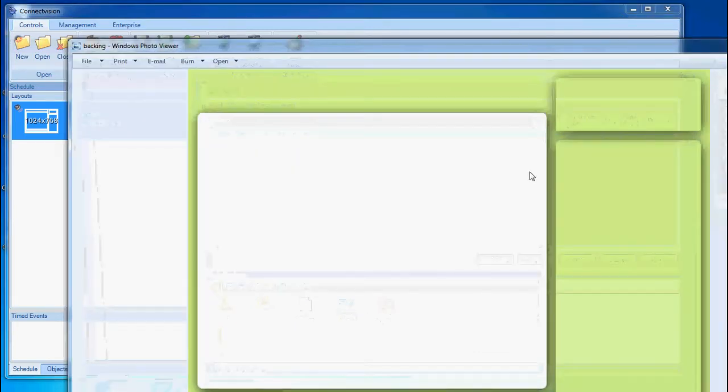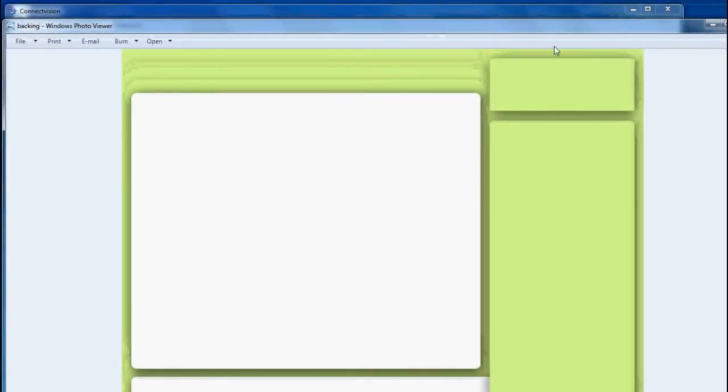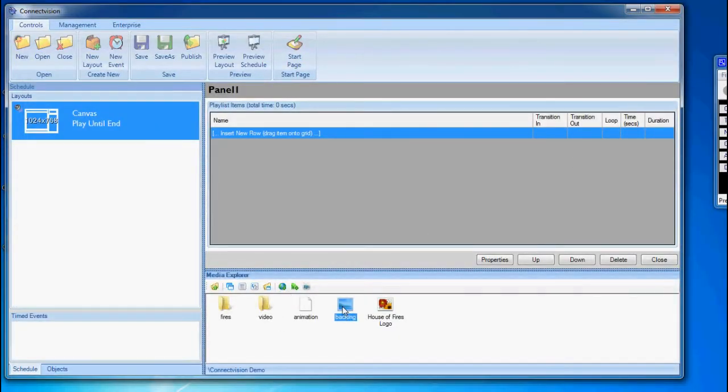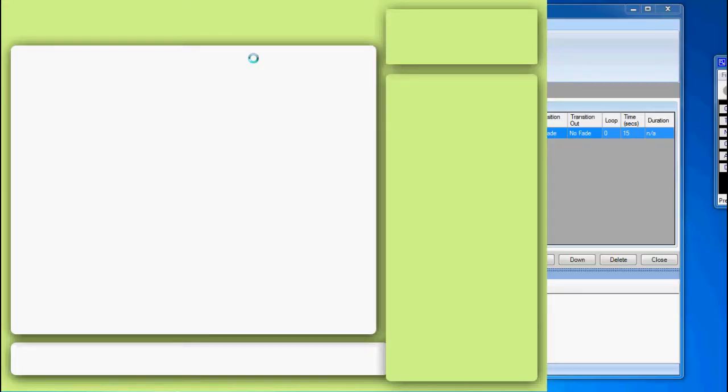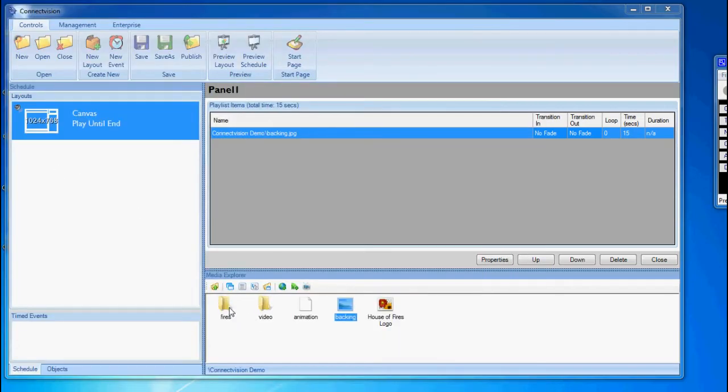I'll just show you one of them. This is a background image that I'm going to use, so I'm just going to pop that on there and we can look at it, how it looks. So let's look at it now. Okay, it just looks like that, but you can see the various areas that I'm going to use. Okay, if I pick up those